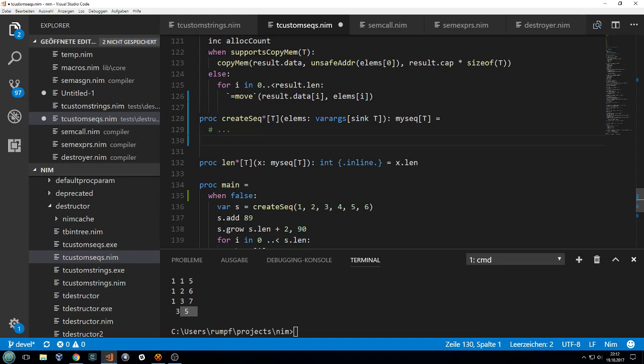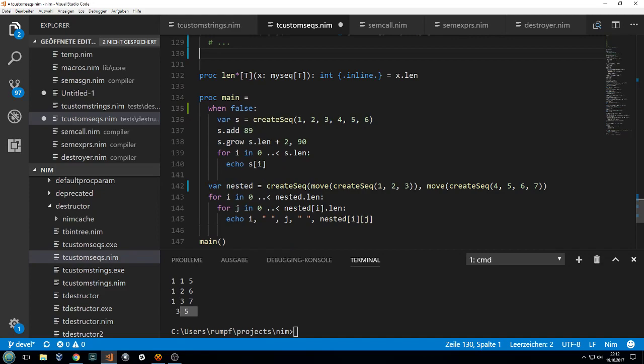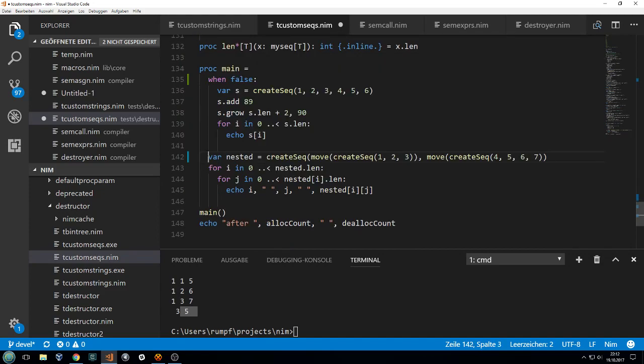So create sequence always takes ownership, but the compiler, since here we are in a local context again where we can infer more things, so for example,